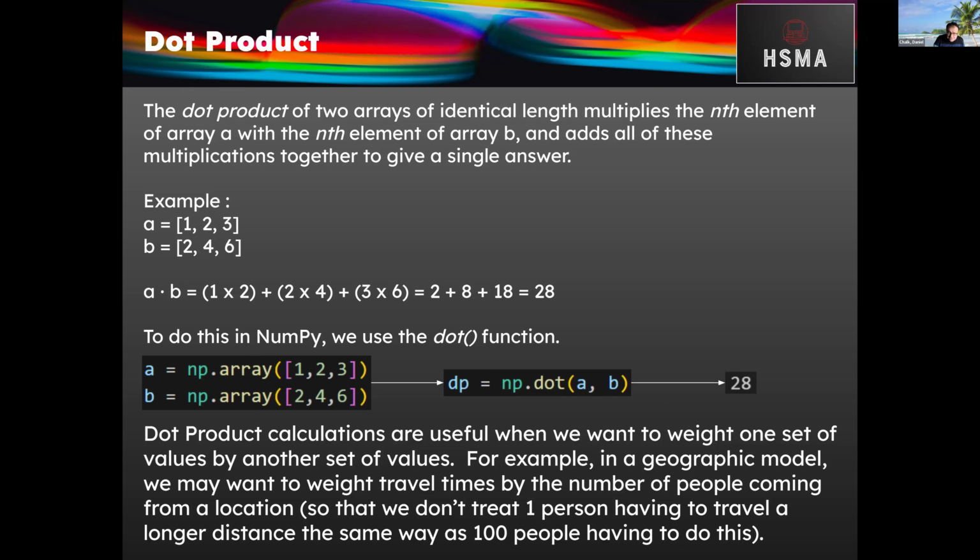They can be really useful. They're particularly useful if you want to weight one set of values by another set of values. As an example, you might build a geographic model where you'd have one array which represented travel times and another array which represented the number of people that lived at each of those locations. And therefore you could weight your travel time calculations by the number of people that live there,